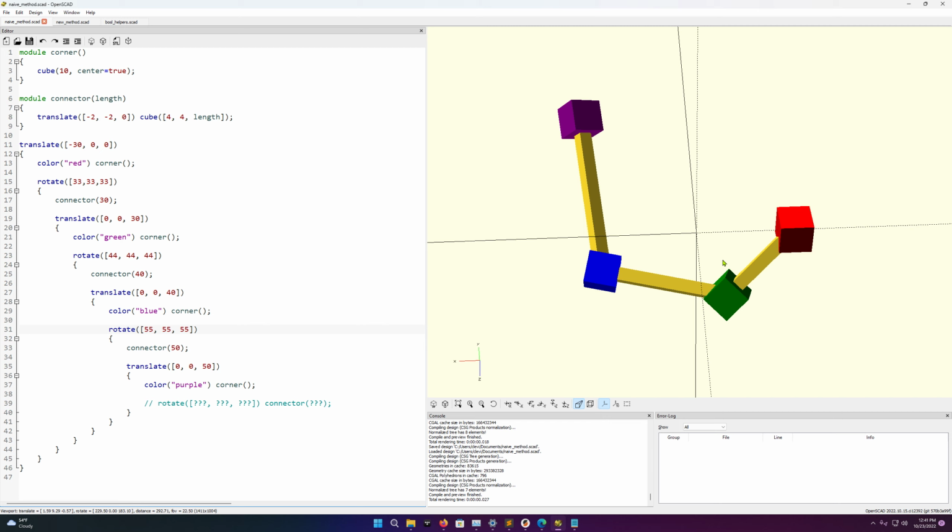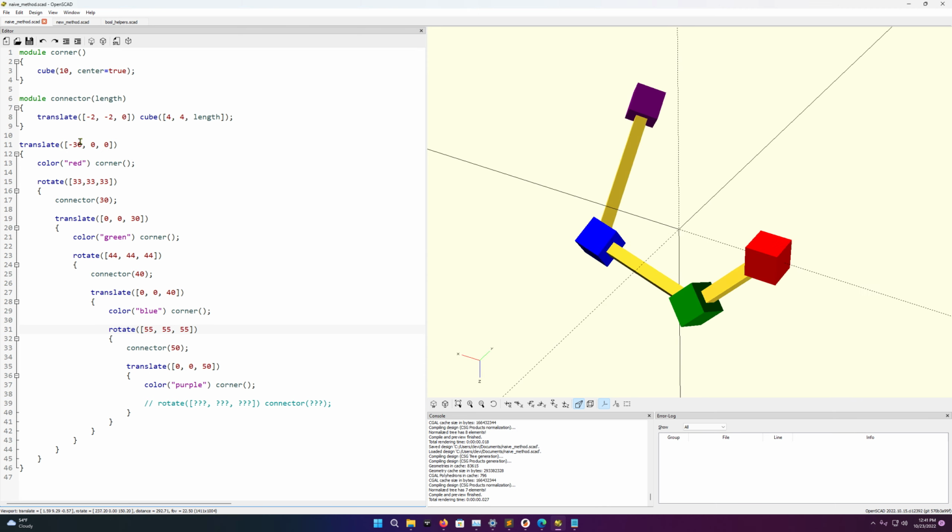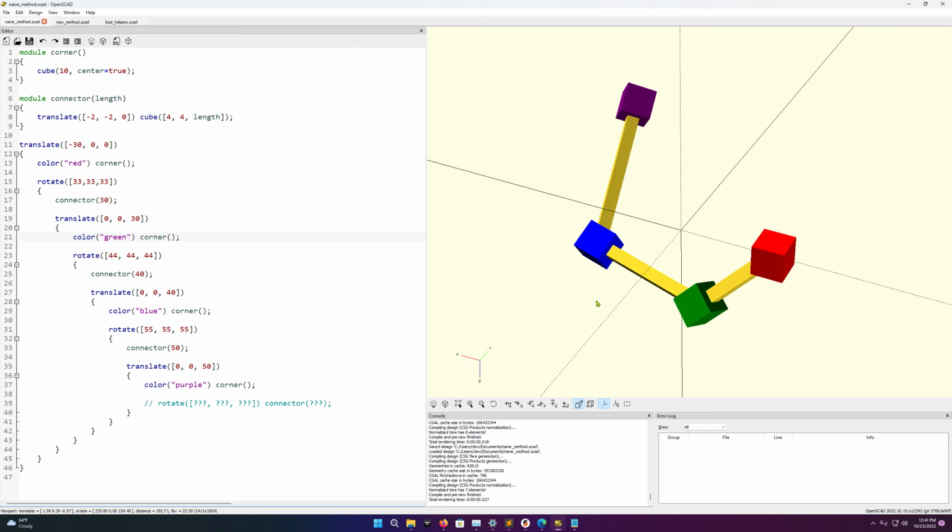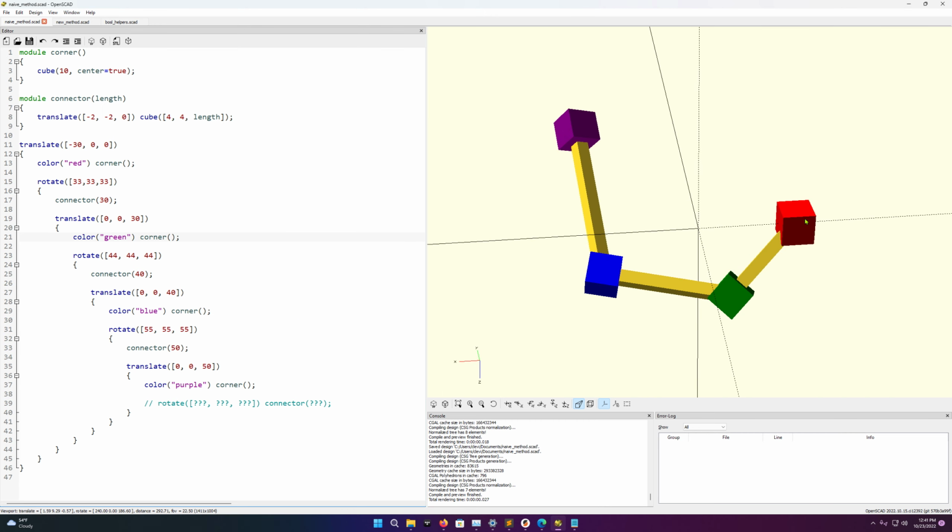This video is about a method of programming OpenSCAD which I think solves a lot of issues that I ran into before. So if you're just using the language kind of how it seems to be intended to be used, and you're just using the translate and rotate, and you're just rotating your children, and then you're just doing this as you go, so this is going from the red corner to the green to the blue to the purple